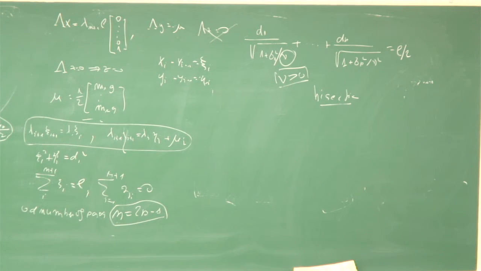It is completely parallel, if you remember, to our case with two springs, which also was reduced to a single equation with a single variable. So we found a symmetric solution which has a symmetry, and we know that